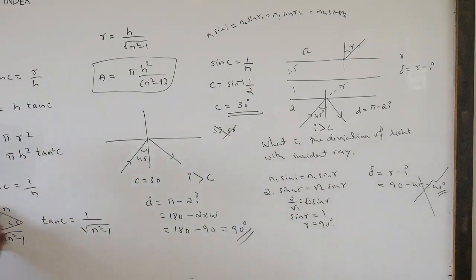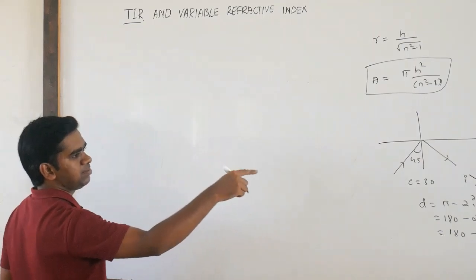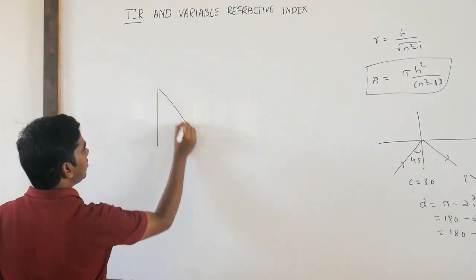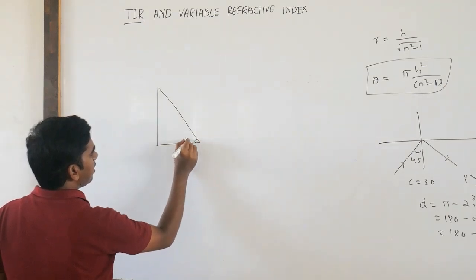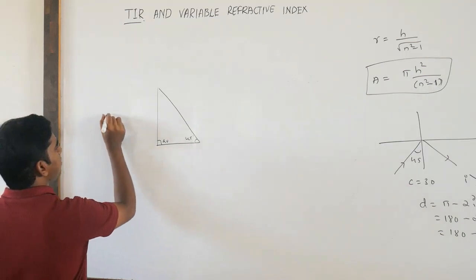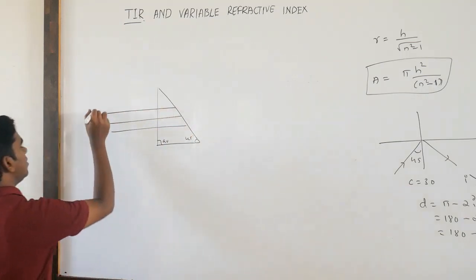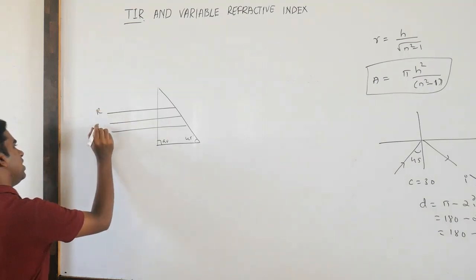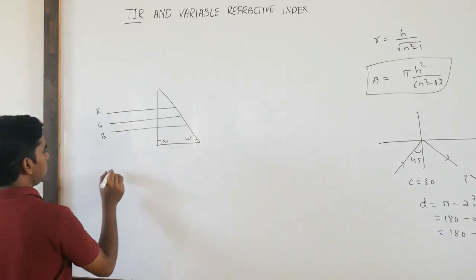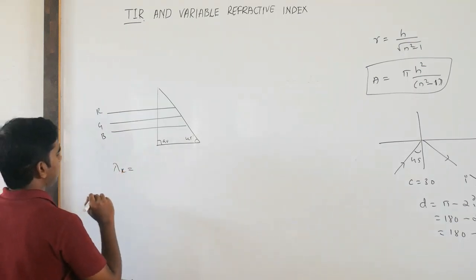Okay. So similarly, if I take another example, sometimes we get confused like that with wavelengths also. Suppose they give a prism, say here the angle is 45, this is 90, that means this is also 45. If three colors are incident on this prism, say red, and this you can take as green, and this you can take as blue. Okay. So the wavelength for red is going to be, say, not wavelength.